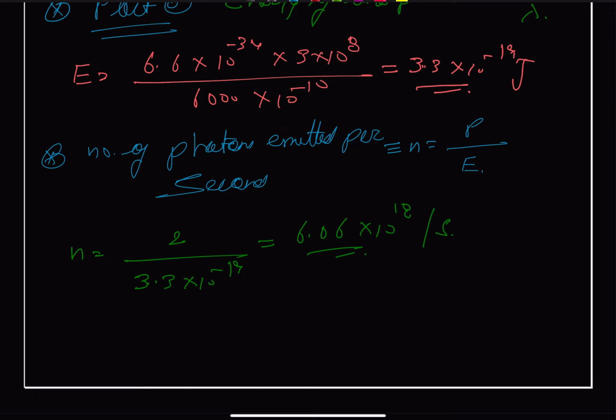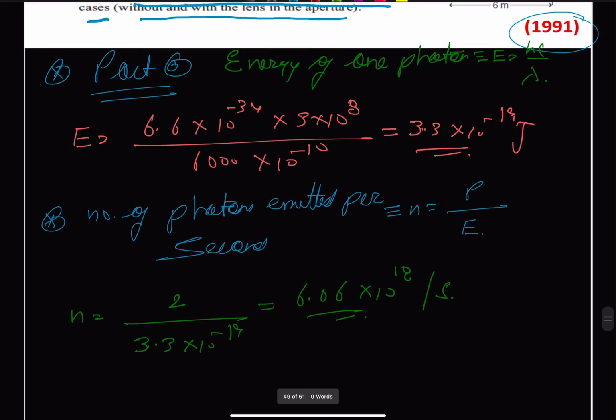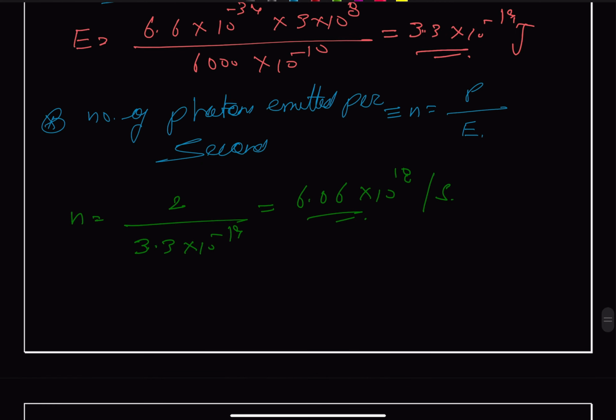and the distance is given to us as 0.6 meters. So we are going to find out the number of photons incident per unit area per unit time. Okay, because it's